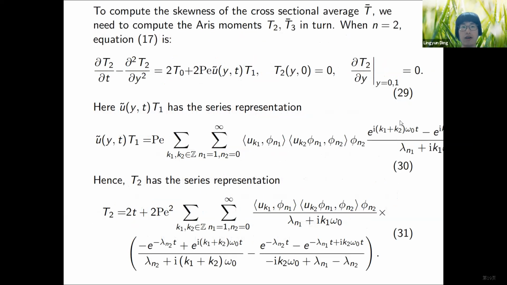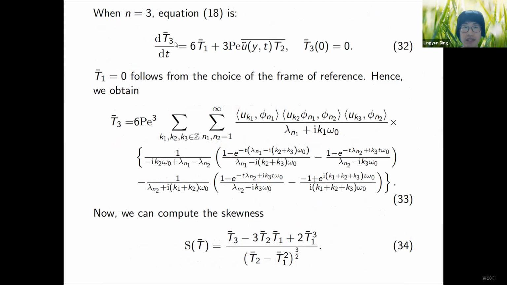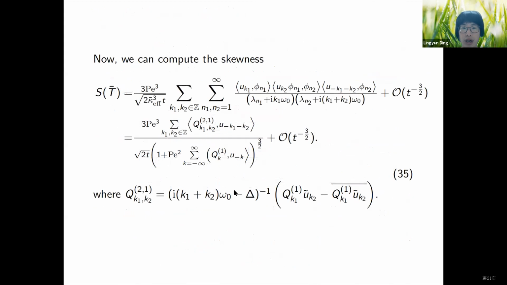Then let's take a look at how the skewness is involved in this system. To compute the skewness, we need to compute T2 and T3 bar. So first, this is the governing equation of T2. We can also solve it by the series representation. We obtain this. Then we can solve T3 bar, and this is the result. Once we know T2 and T3, we can use the definition of skewness to compute it. Okay, so this is the definition. With this definition, we obtain this